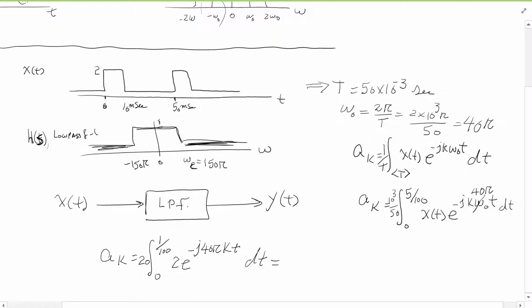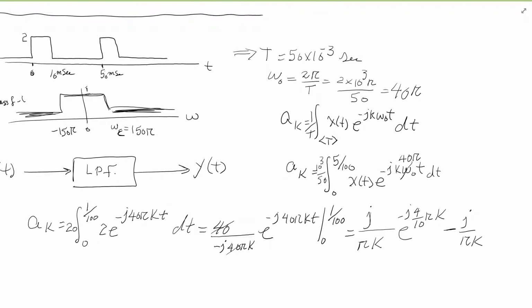So this will be basically 40, and then I have to integrate the exponential, and hopefully by now we all know how to do that. The power comes down on the bottom, so it will be minus j 40 pi k times e to the minus j 40 pi k t, and the integration would be from 0 to 1 over 100. So all we have to do is a little bit of work to clean this up, and we'll end up with